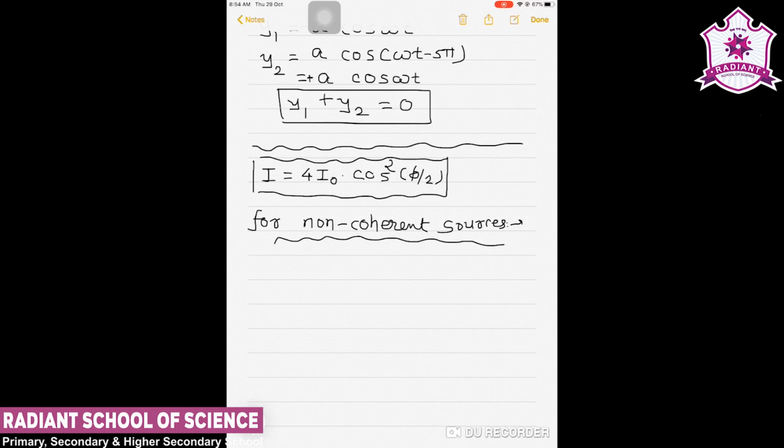But suppose these two sources are moving up and down with some different phase difference. If we want stable interference patterns, then we need coherent sources